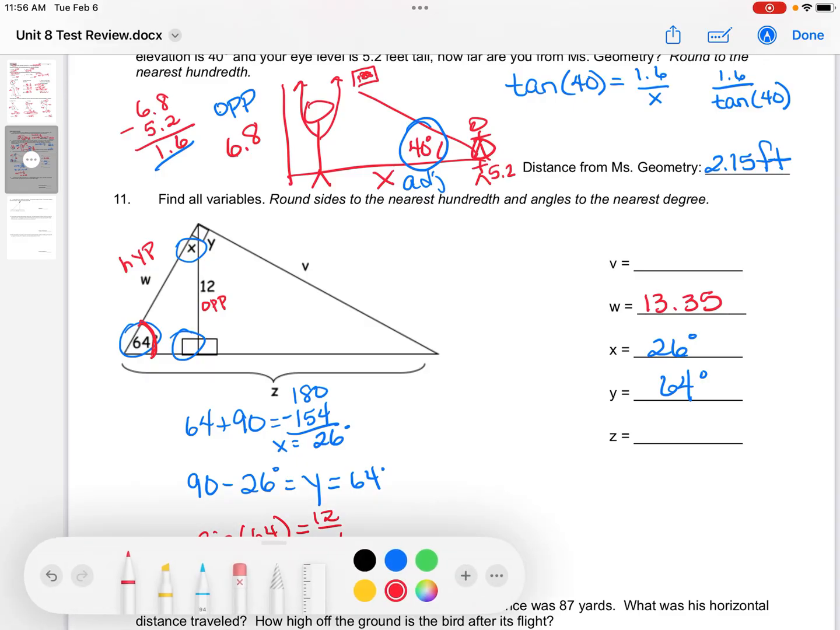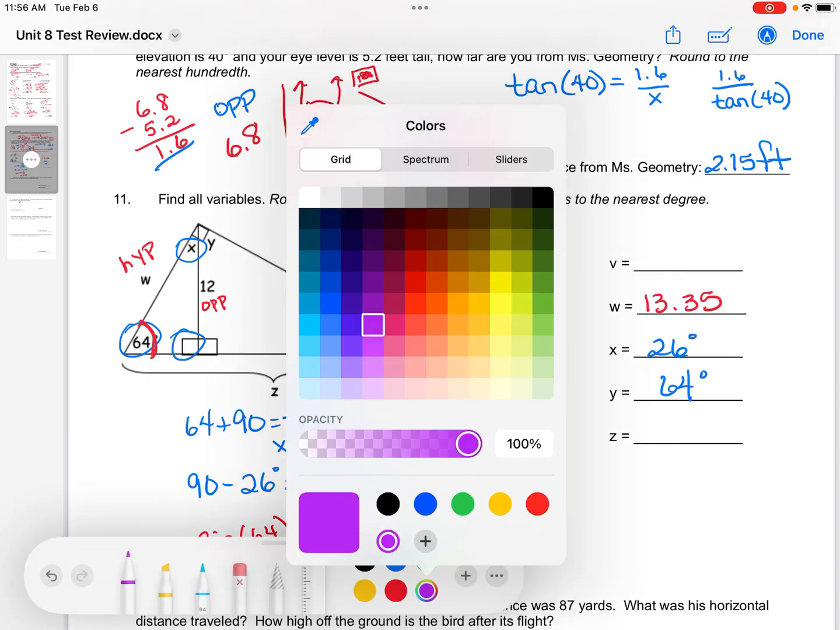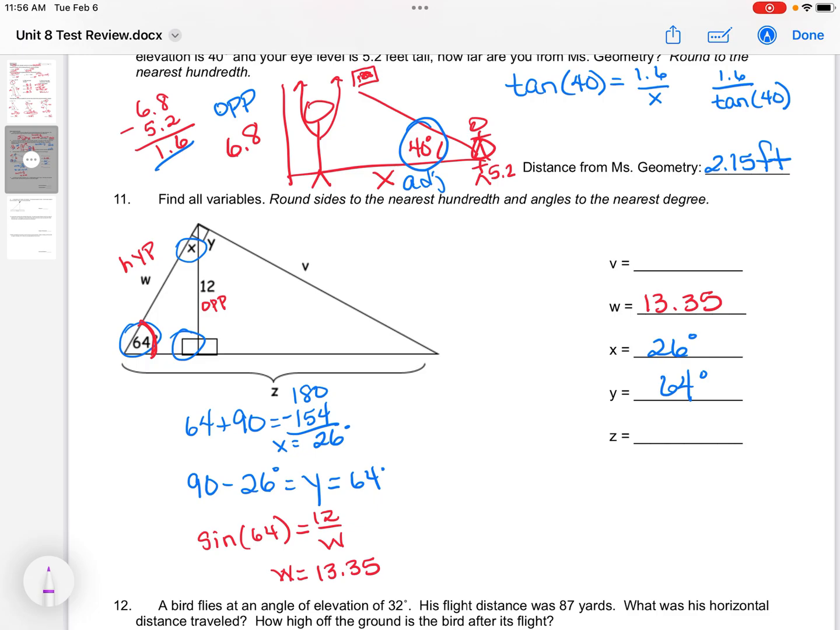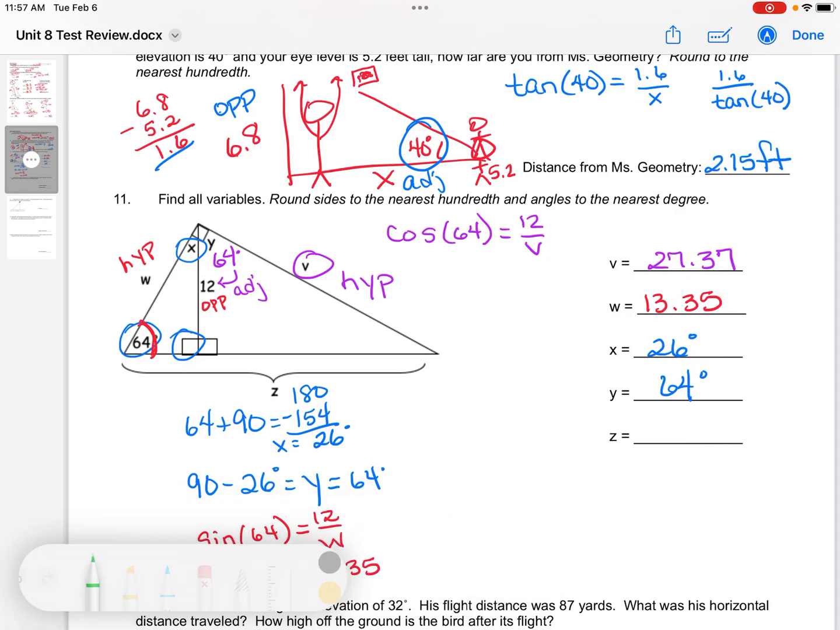I did the same thing for V. Y is also 64. That's the hypotenuse. This is adjacent. So cosine 64 equals 12 over V, which means V is equal to 27.37. And then finally I use the big triangle,